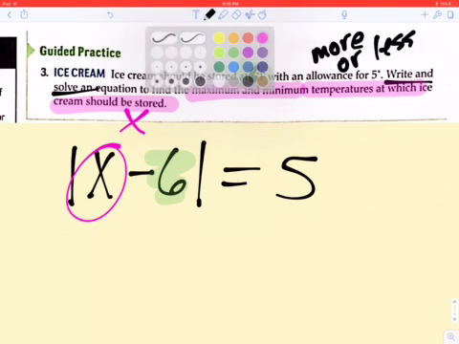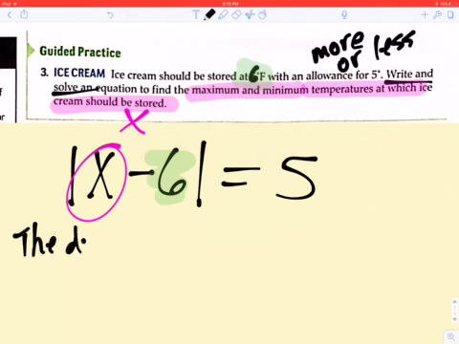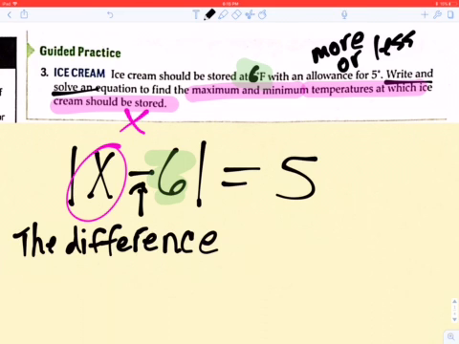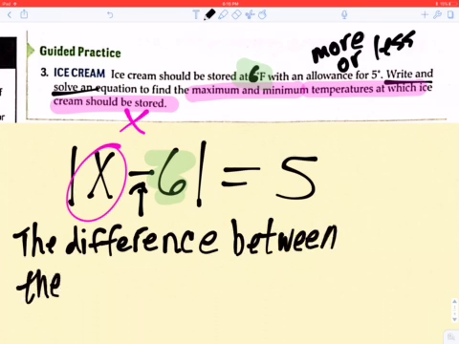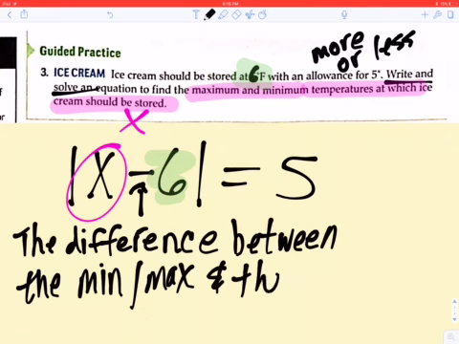If I were going to put this into writing, what I'm saying is the difference, and remember, difference is another way of saying subtraction. That is why I used subtraction in my equation. So the difference between the minimum or maximum and what we're going to call our ideal amount, the exact thing that's recommended, is equal to